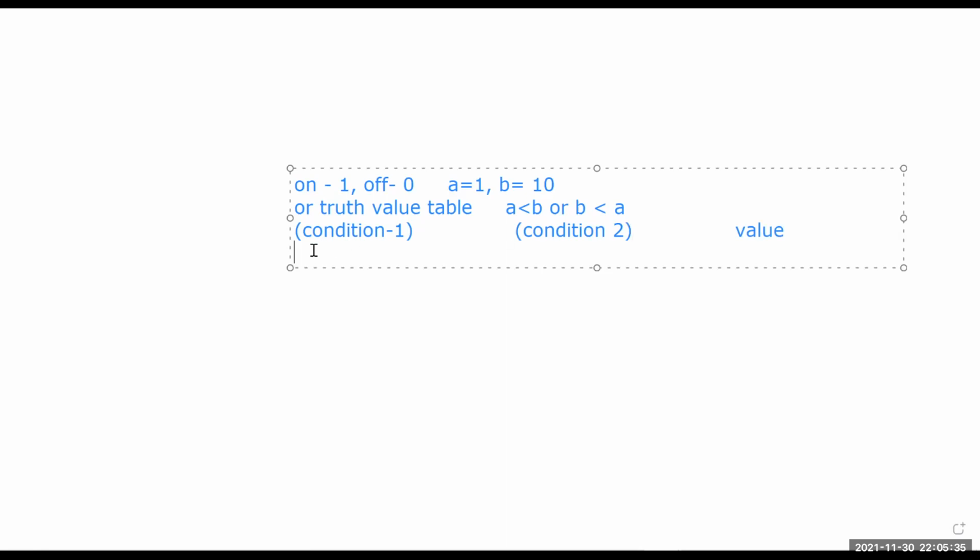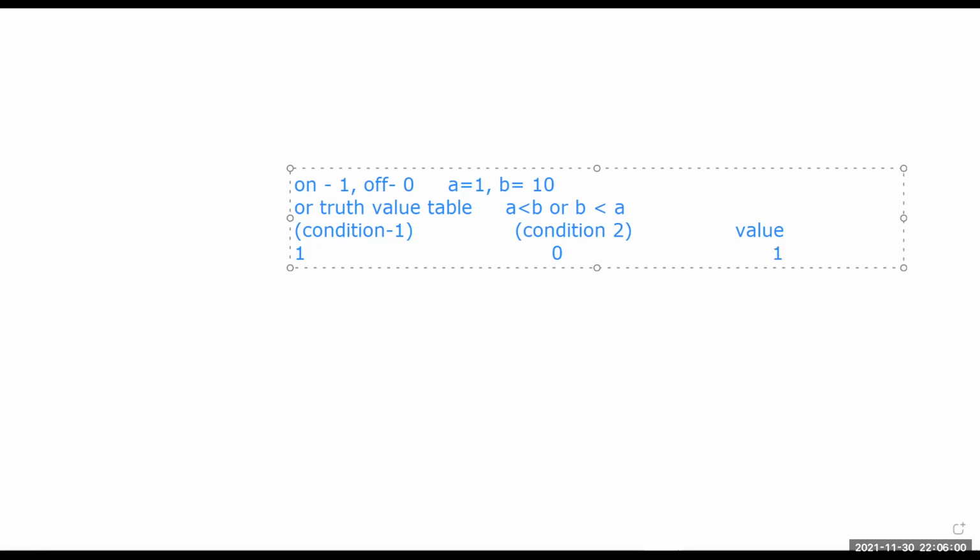In this case, condition 1 is true, right? That means you are going to press the on button here. And condition 2 is false, so you'll give the 0 button. So of these two, only one is true. The OR statement states that if only one value is true, fine, I can process the power from this.